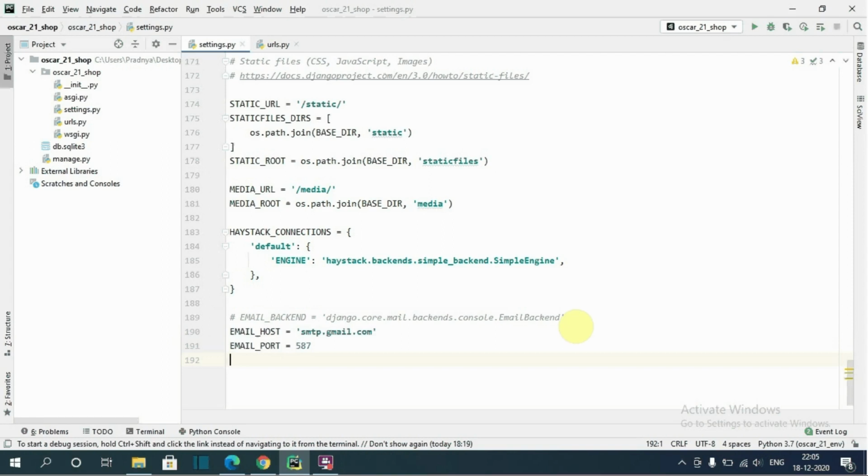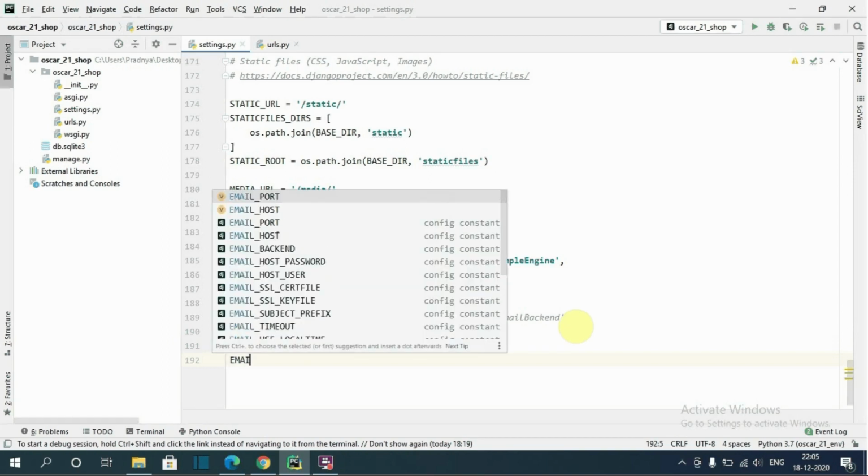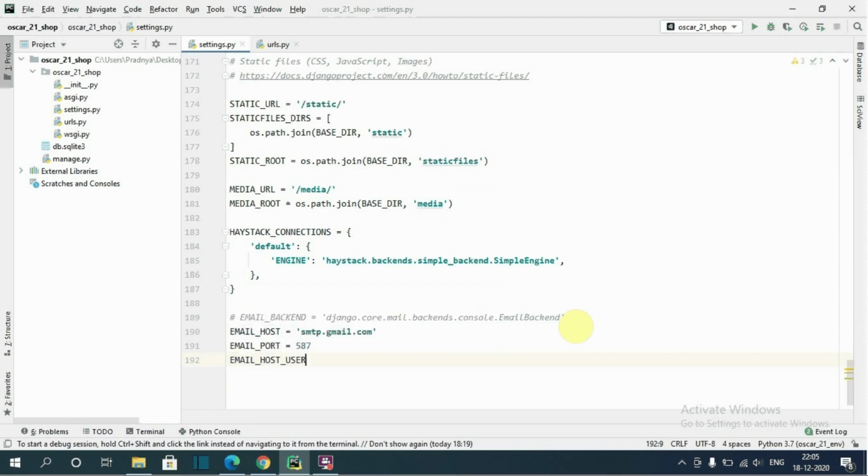Okay, next I want to provide the user ID of the Gmail server, from which user ID we are going to send the mails. So email host user equals to.